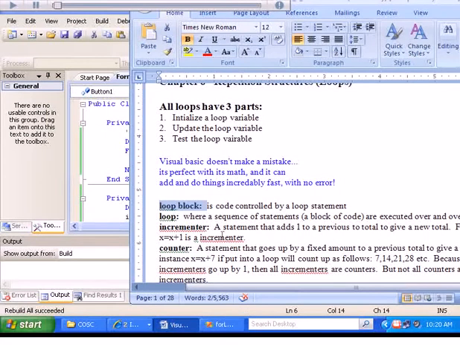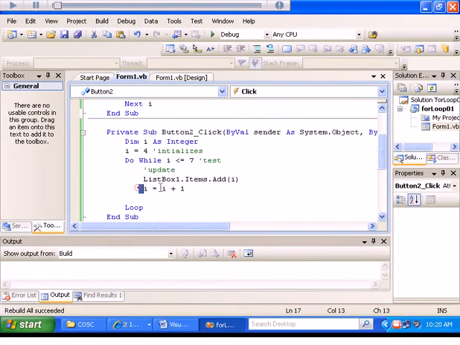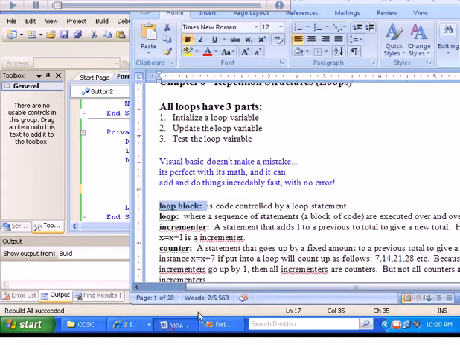You guys now know what an incrementer is. An incrementer is actually the line of code that adds 1 each time. So I would have to say this is my incrementer. That's an incrementer. Now there's other kinds of code that I can have. I can count